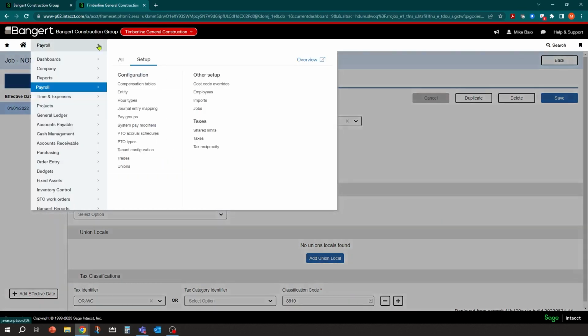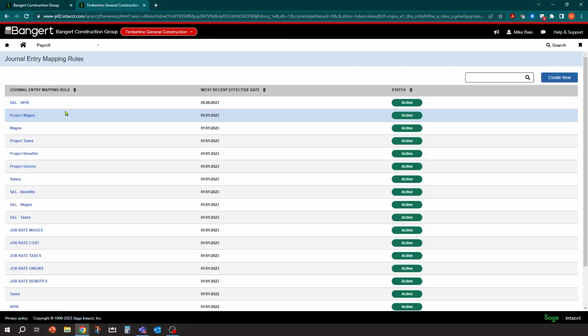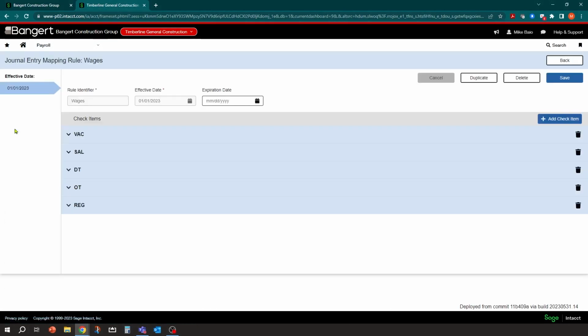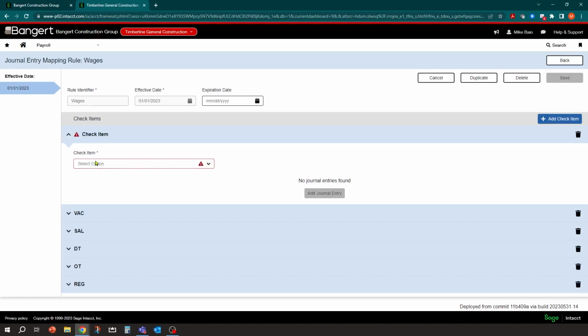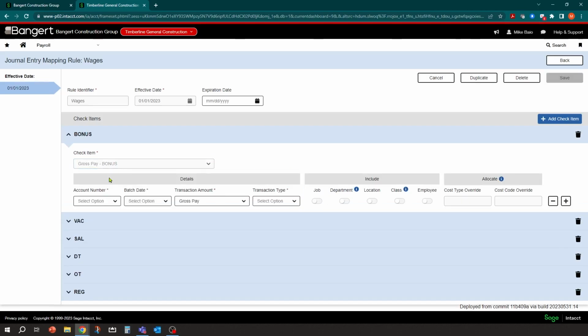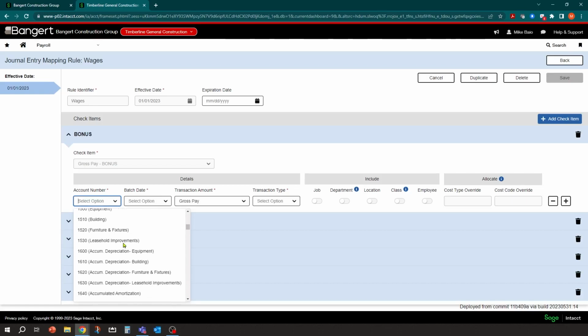So I'm glad I checked that. We'll go back over to journal entry mappings. We'll go into wages, and you'll notice I don't have the bonus here. I'll add it. And I'll find my bonus, add, and now I can do the same thing I just did earlier. Let's add this really quick here.